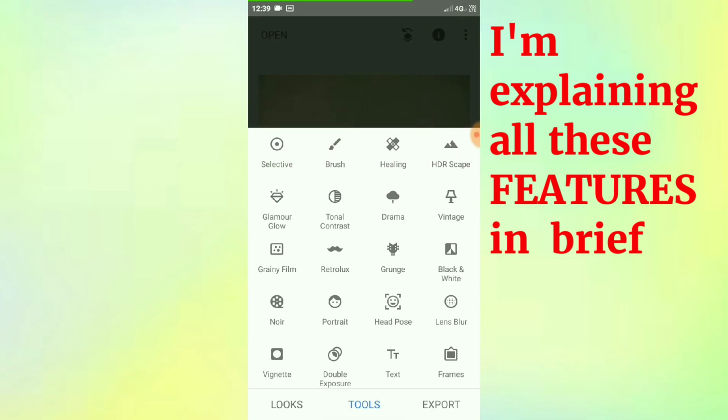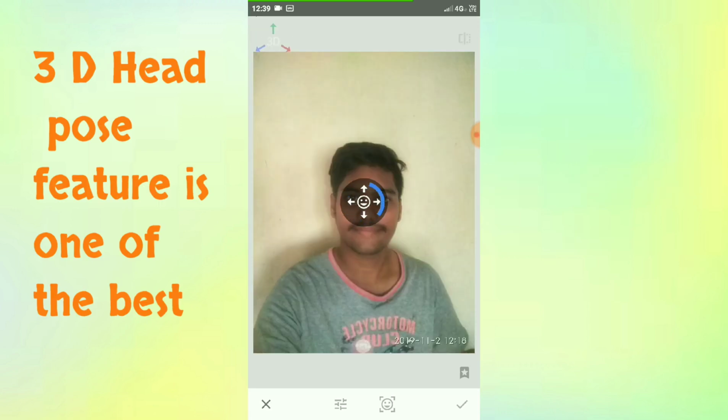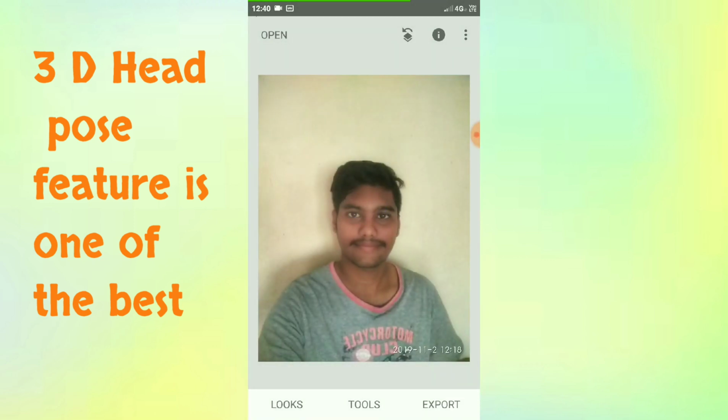Here you can see head pose. This is a very good option friends. In none other than any editing app you will see this option. Here you can move your head position also. Clearly observe my face friends. I am moving up and down with my fingers. My head position is changing. Watch carefully friends. Here in the left corner you can see it is 3D. This feature is the highlight friends. This is a very good feature available in Snapseed. Okay, now I have moved my head position. Now I am saving this,